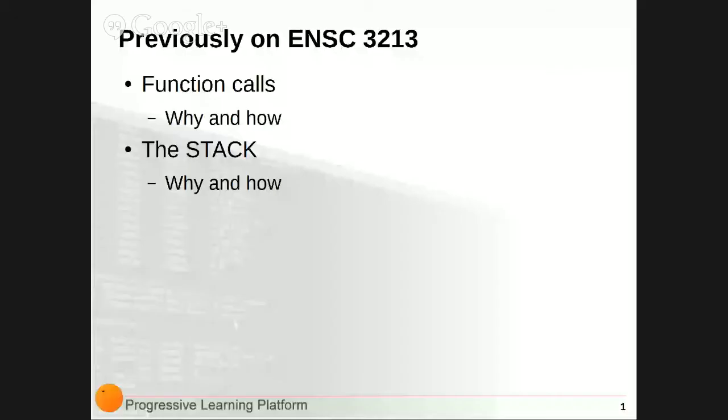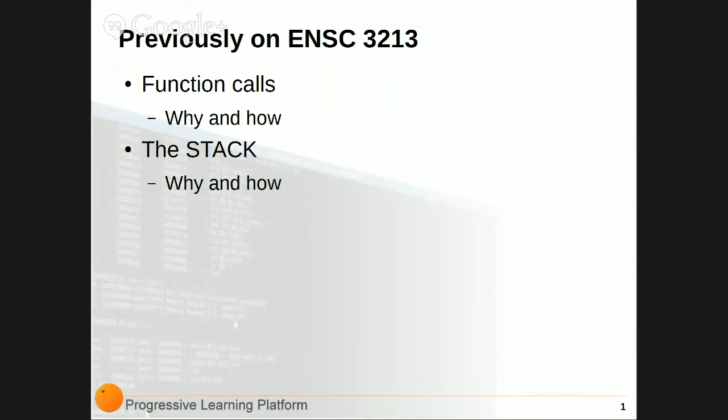So today, so before we talked about function calls and the stack. Why function calls? Anybody answer me? Why do we use function calls?